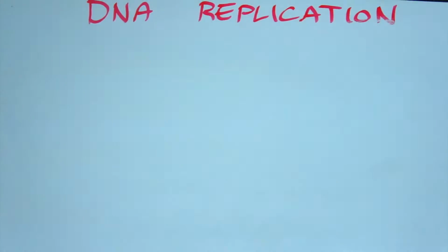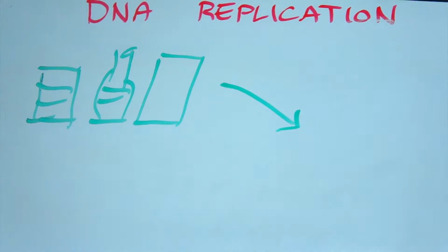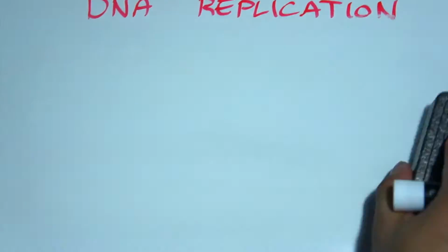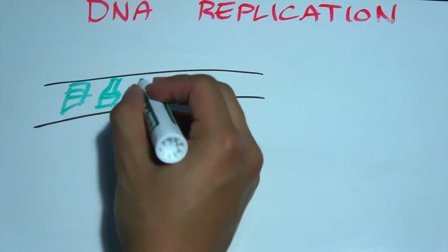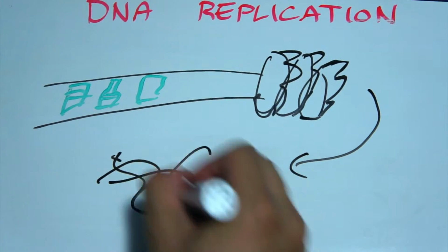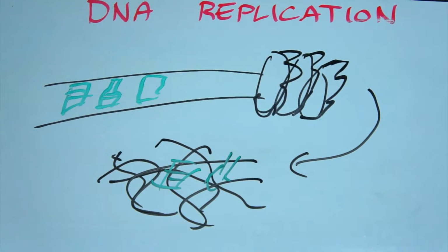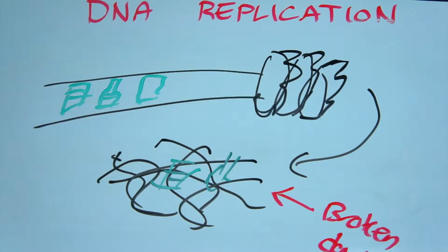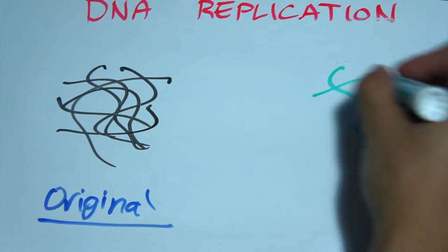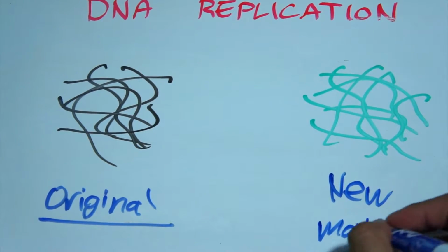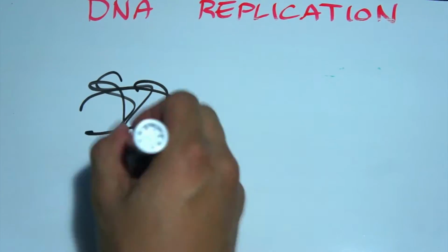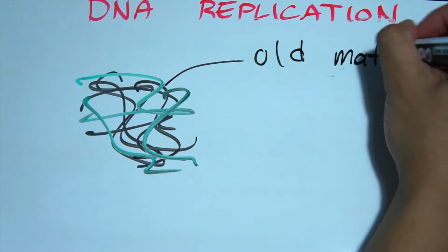So the materials go into a factory, it's a recycling depot, which is like the nucleus and their DNA and all that stuff. So the materials go into a machine that breaks down, which is like helicase, into different piles. It gets broken down. So the original pile and the new pile come together, which is like DNA polymerase, because the same materials go in the same pile. So all that new and old material gather together,